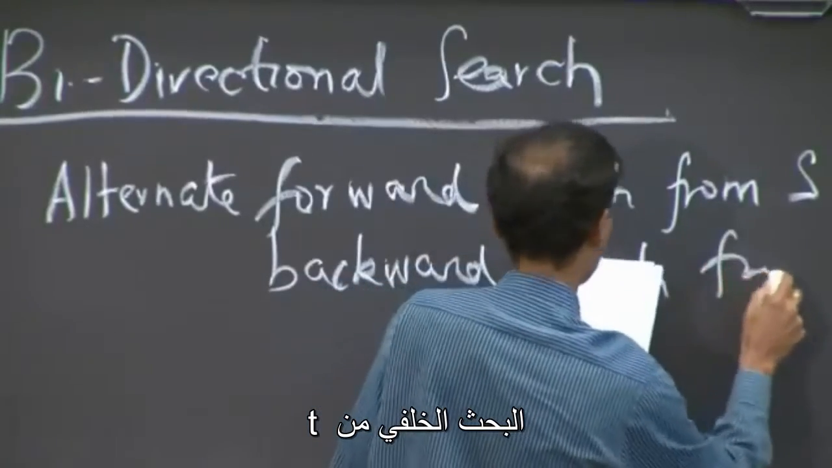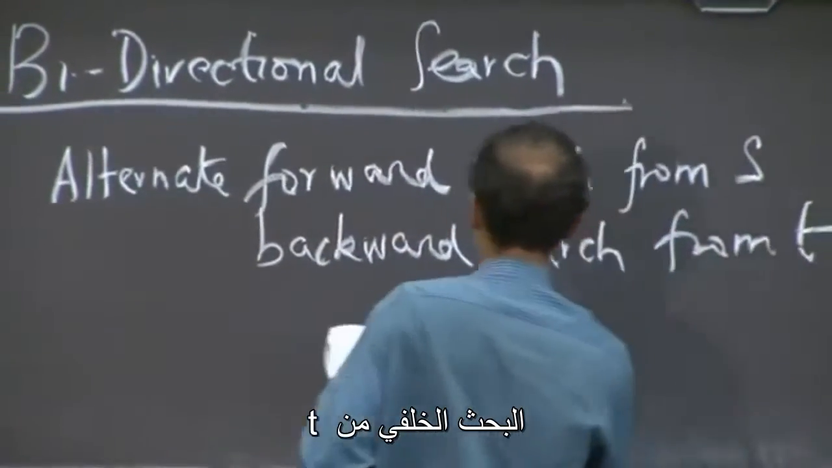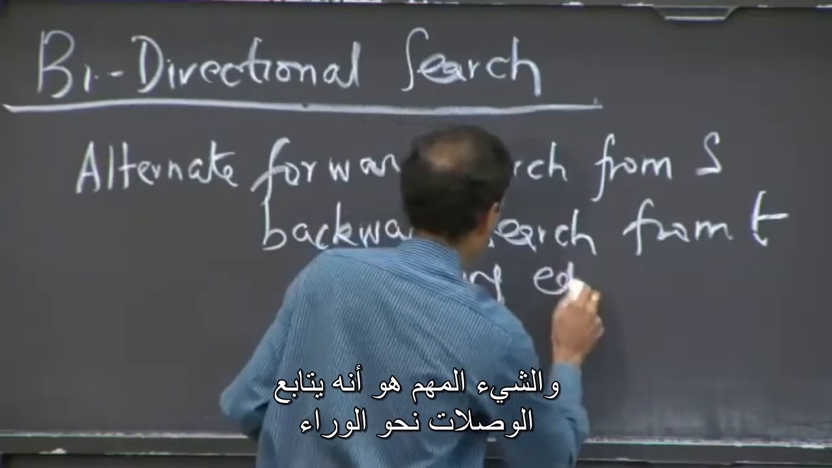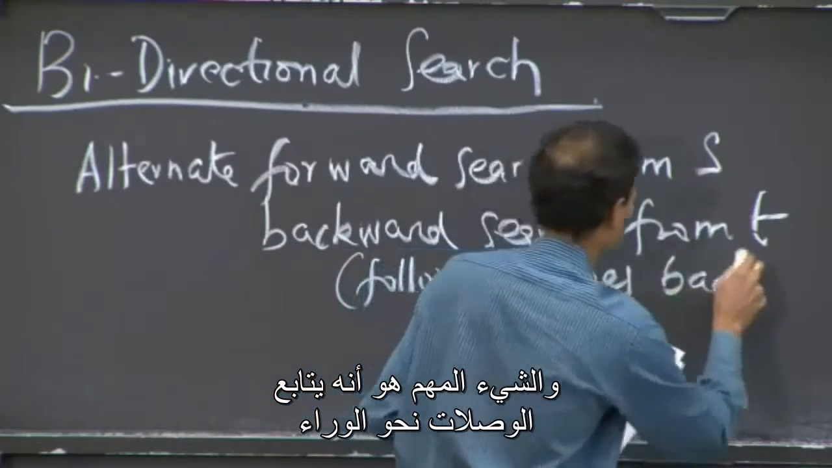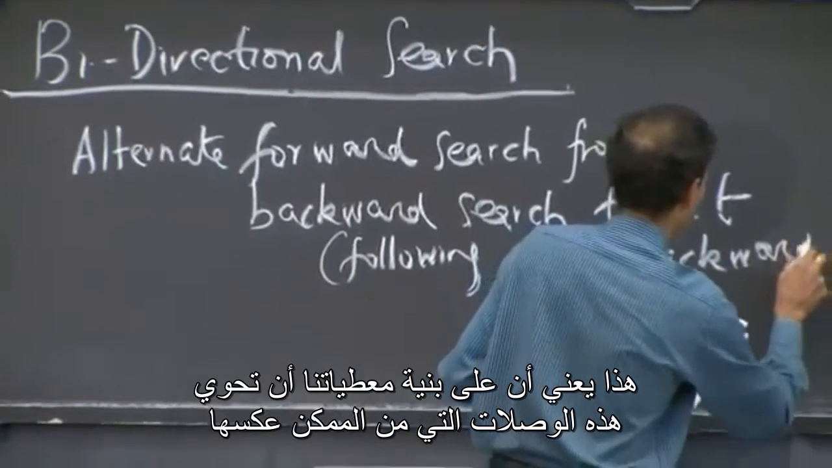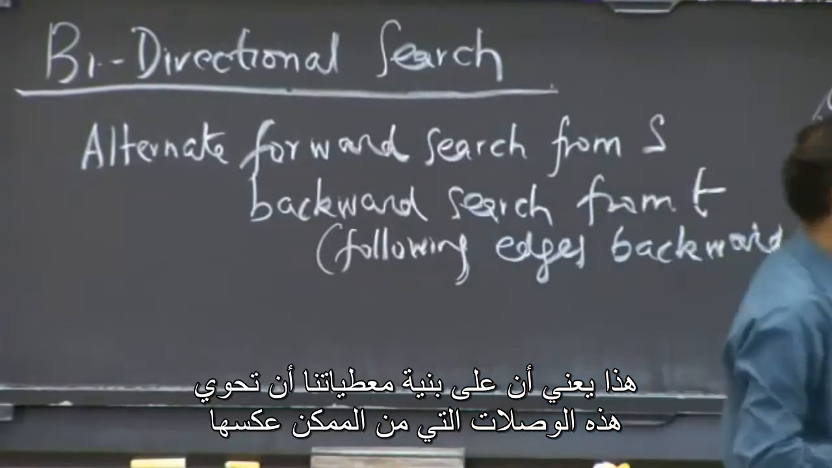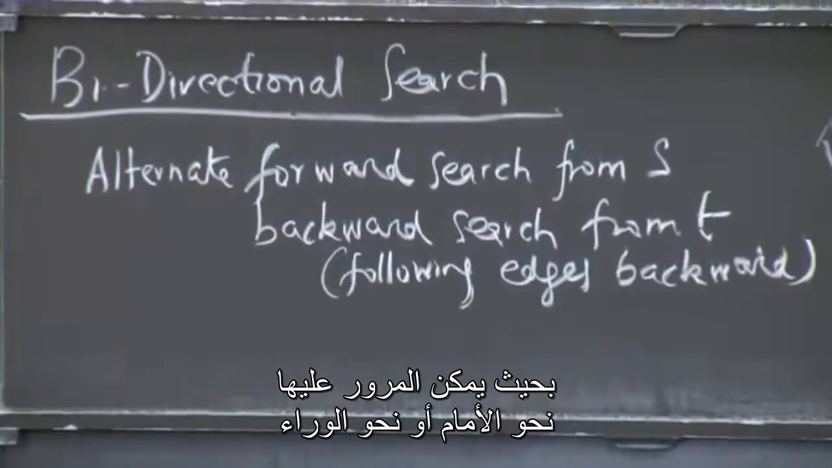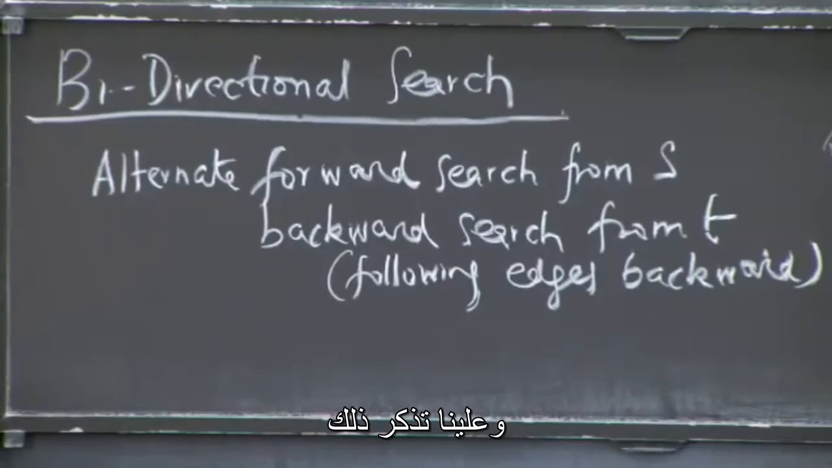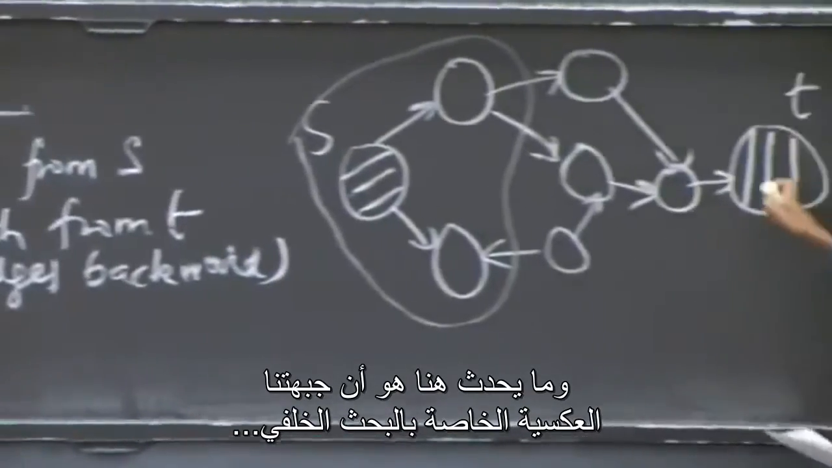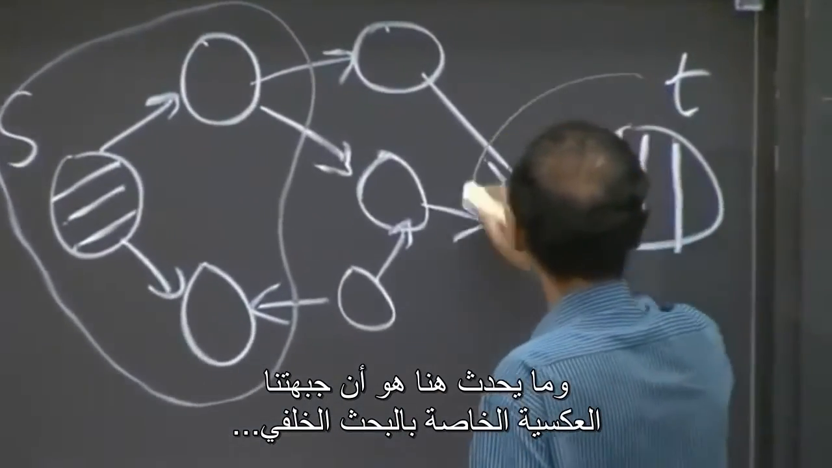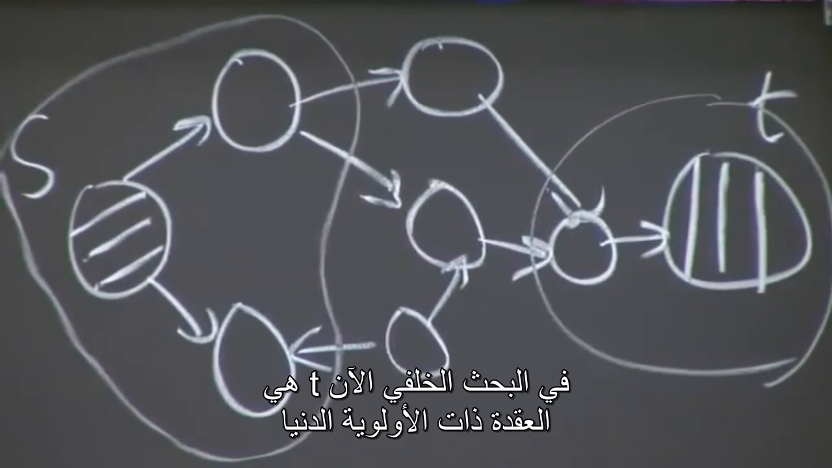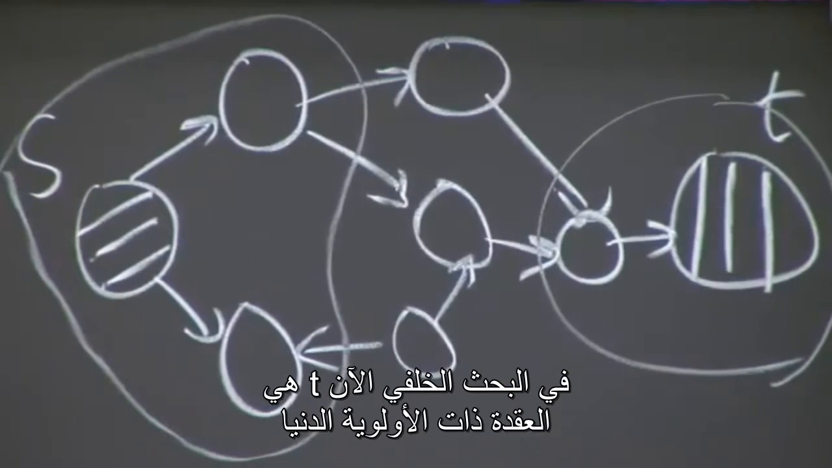Backward search from T, and the important thing is that you're following edges backward. That means your data structure has to essentially have these edges that can be traversed in either the forward direction or the reverse direction. That's something to keep in mind. But what would happen here simply is that your first frontier of backward search, T